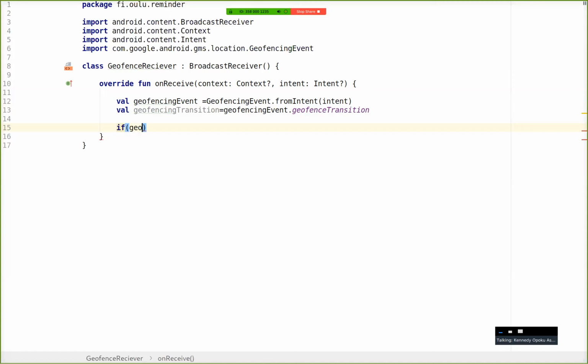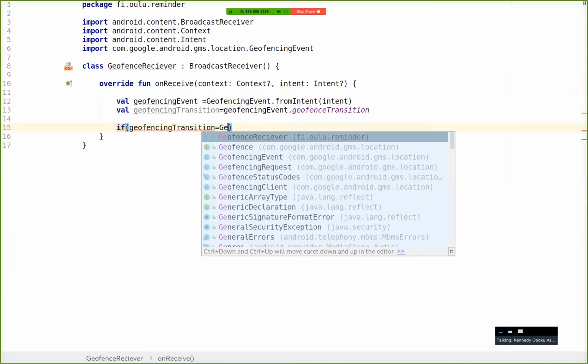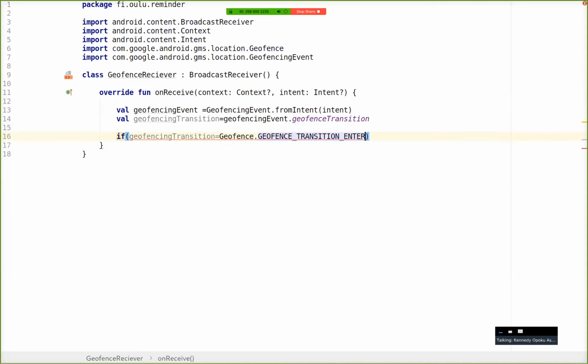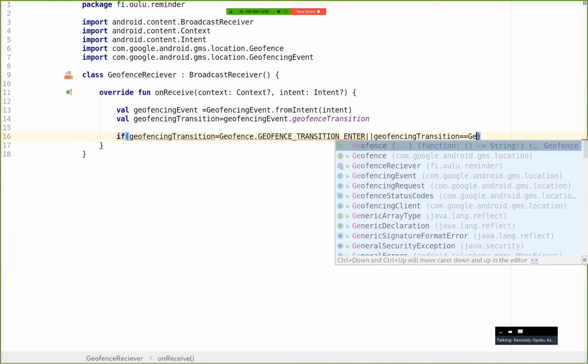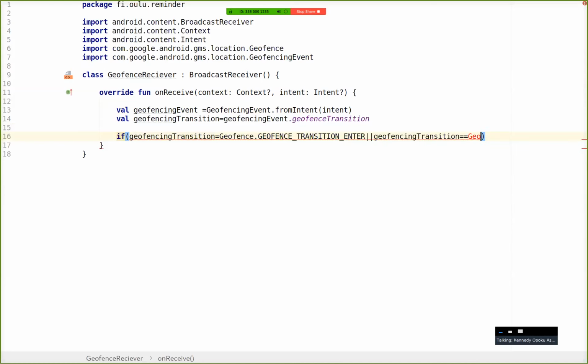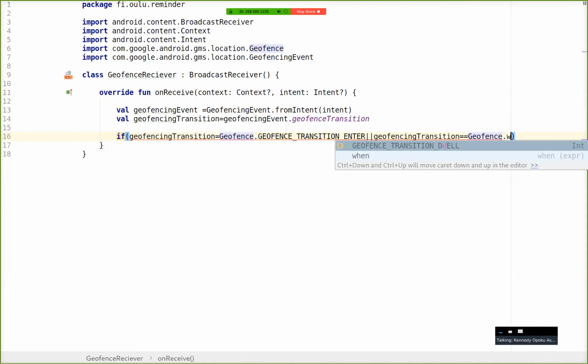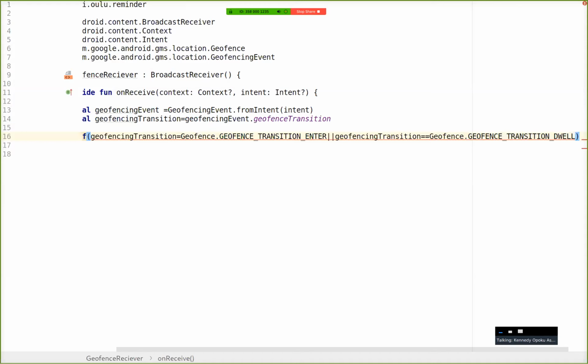So if geofencing transition is actually equal to Geofence.GEOFENCE_TRANSITION_ENTER, or is actually equal to Geofence dwell, if it's enter or dwell,